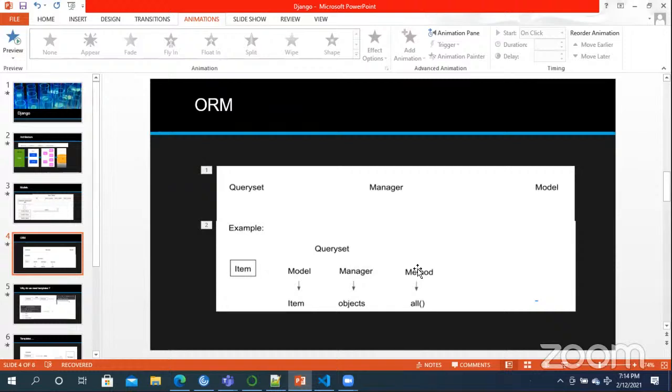So ORM is basically divided into the query set, manager, model. What is a query set? Query set is basically